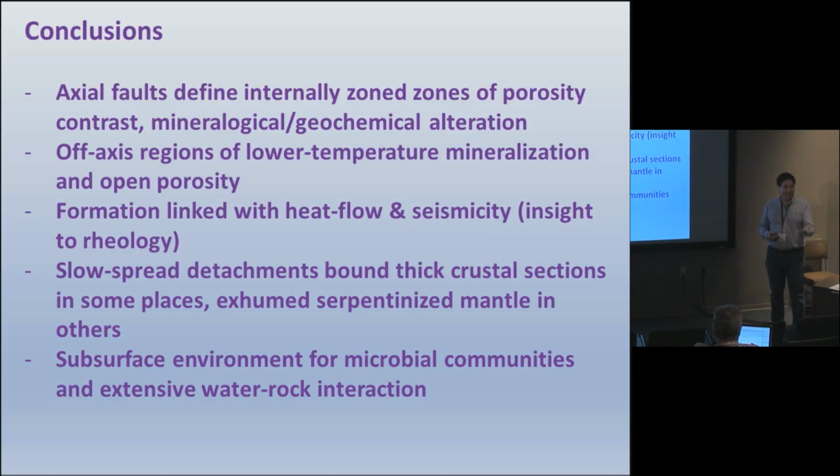Okay, I guess now that I've given this talk and am getting the nod over here, I realize I did throw a lot of detail at you, but you can sift your way through it and hopefully take some lessons away about what happens in the subsurface. I think